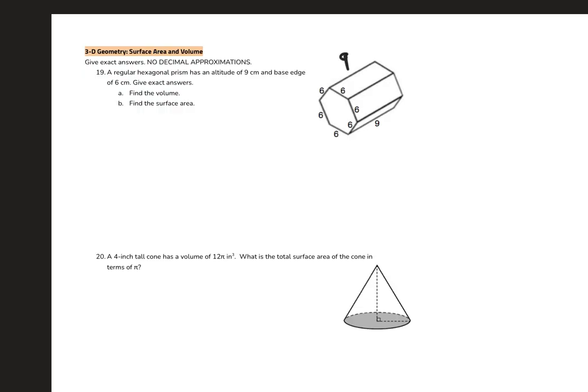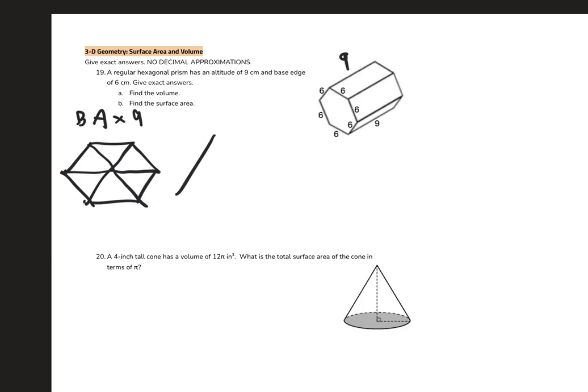The volume for this thing is going to be equal to the base area times the height or the altitude. So in this case, times 9. So we have to figure out the base area. So we have this regular hexagon here, which we can divide into 6 equilateral triangles. Each triangle then has side lengths of 6,